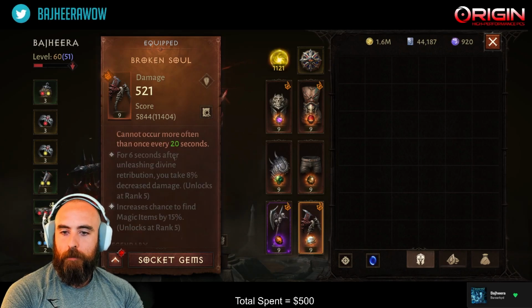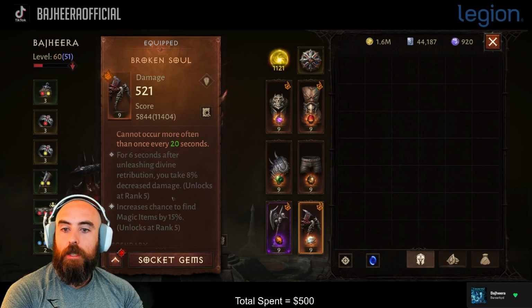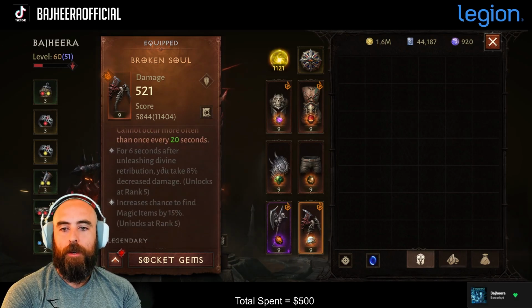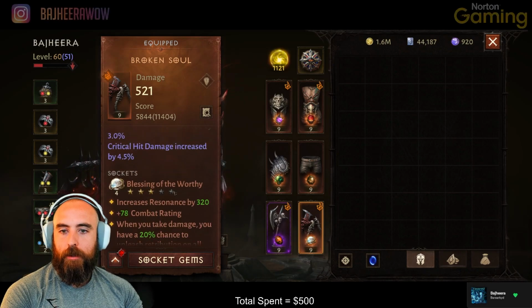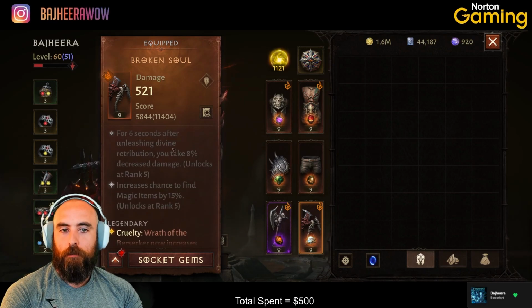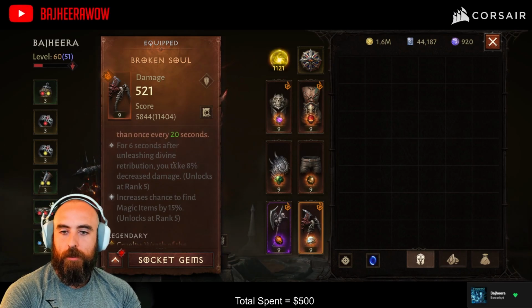But this is pretty cool, though. That rank 5, we get Magic Find, but we also take 8% decreased damage after the proc. So that's huge. This would be such a big upgrade. Upgrading a Blessing of the Worthy is going to take an immense amount of gem juice and gem power, basically. You need like 5 Blessing of the Worthy gems, and it's just not happening for